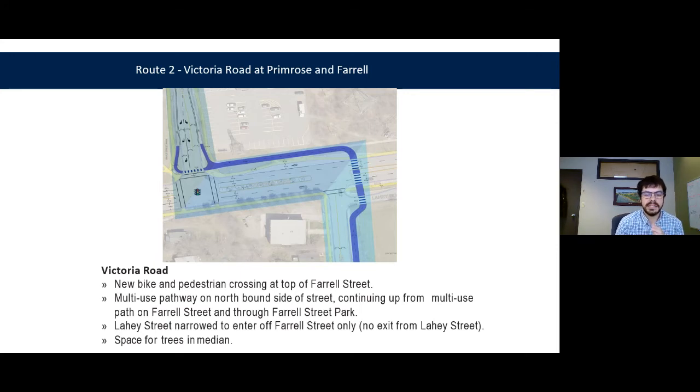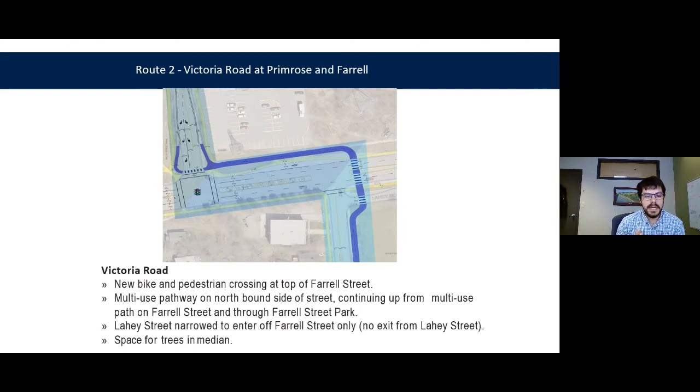There's limited space on the west side of Victoria Road to make that pathway connection up to Primrose. So we found a really great solution here, widening out the median in the middle to provide a little bit of a safe refuge area, and creating a new crossing. So this would be controlled with some lights. It wouldn't be a red, yellow, green traffic light. It might be the flashing beacons or the overhead yellow ball flashers. But that kind of treatment here is what we would have to get people across at that really key crossing